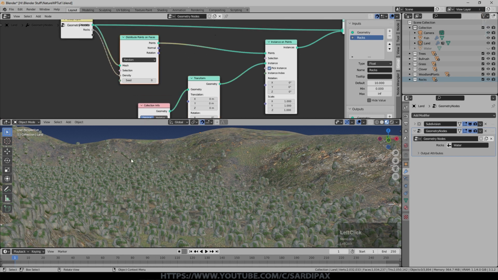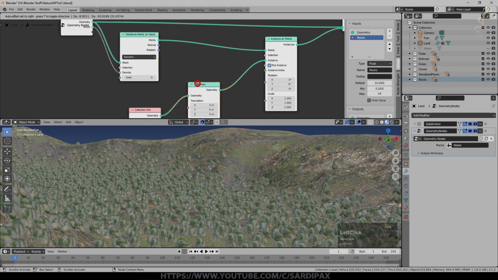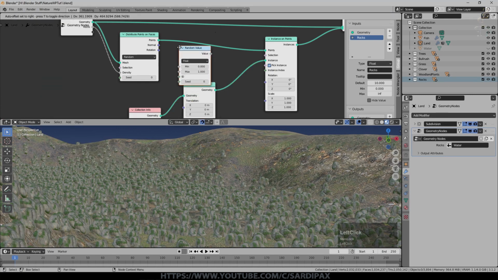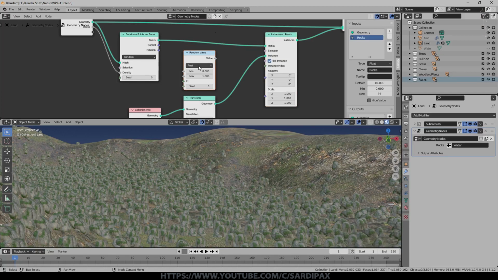But I also need to make sure that I'm getting different rocks appearing. Currently, it's just giving me the first rock. So I'm going to add under utilities a random value. Just drop that there for the moment. And I'm going to set it to integer because integer is a whole number and there's no point in floating numbers for what I'm going to use it for. And that's in order to select the instance.